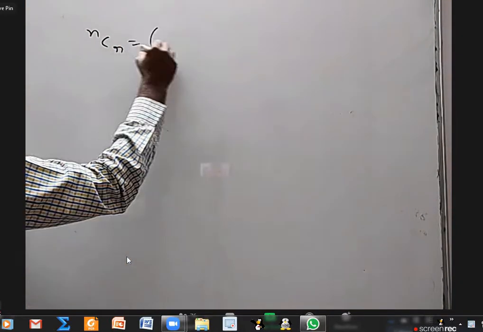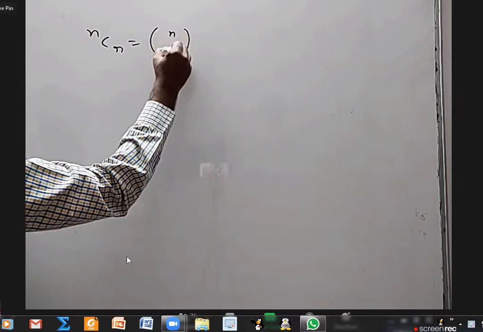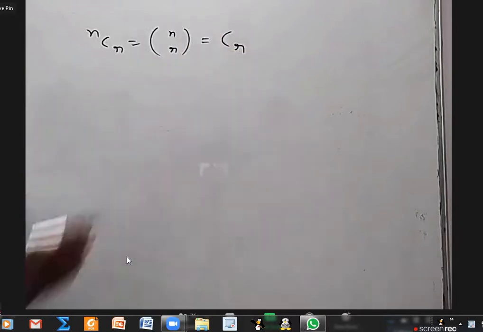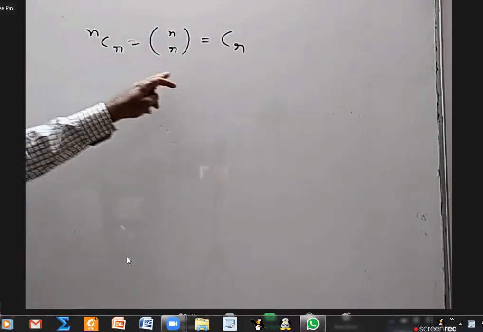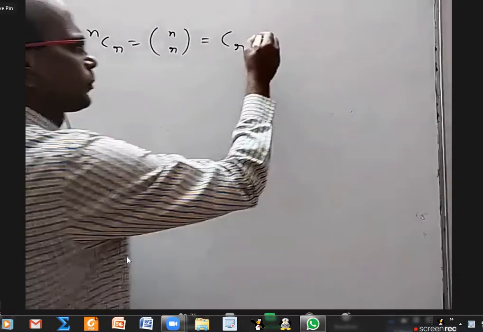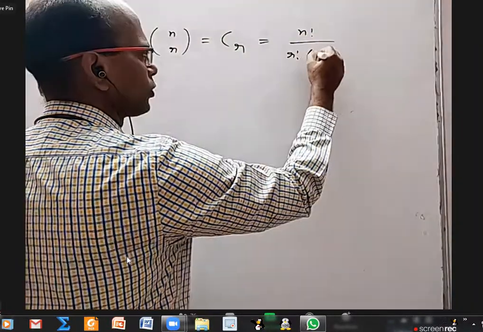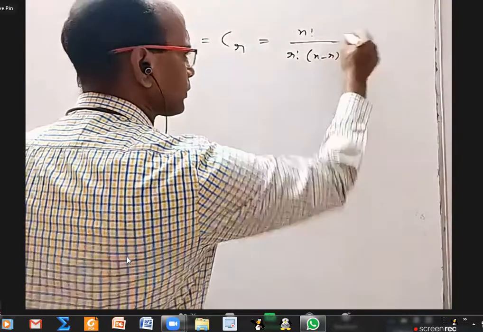Okay, we write like this, NCR. Sometimes in a bracket we may write N like this, R like this. Sometimes we may simply write CR, we may not write N. All these carry the same meaning. What is that? N factorial by R factorial into N minus R factorial.